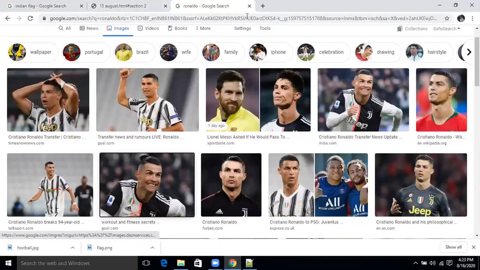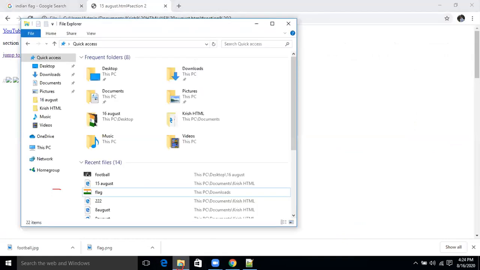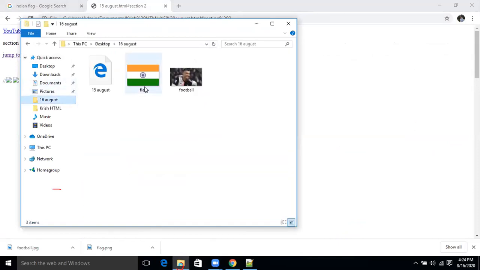Show me the file again on the web browser. Go back to your folder. Where is your folder? The 16th August you created, right? Now right click on this file and say edit with Notepad Plus.